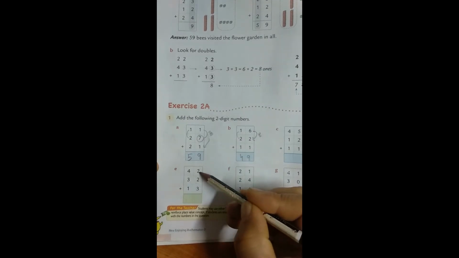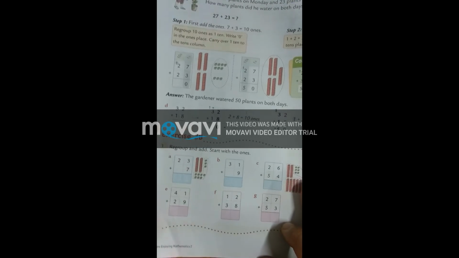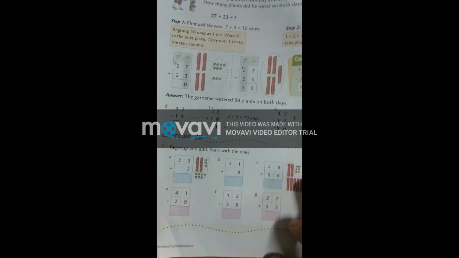Same way if I do this E part: 2 plus 2, 4. Keep 4 in your mind. And then add this 3. 5, 6, 7. So 7 here. And same way 4 plus 3, 7. Keep 7 in your mind and one more. That is 8. So this way you can complete the other parts in the book, the simple addition without regrouping, without taking carry over. Now the next sum is carry 1, your exercise 2b.